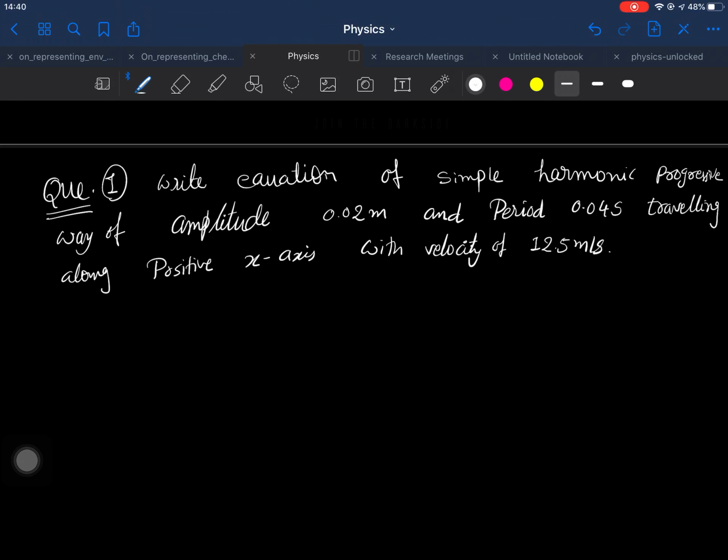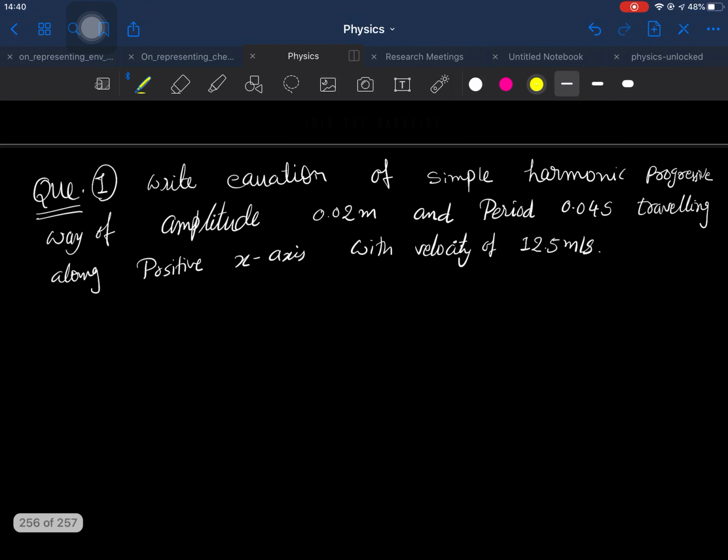Hello everyone. Now we're gonna see some numericals for the superposition of the wave. So I'll try to dictate the question here so that you find it easy to follow. So now the first question is: write the equation of the simple harmonic progressive wave of amplitude